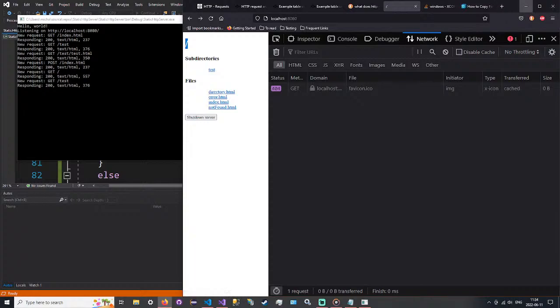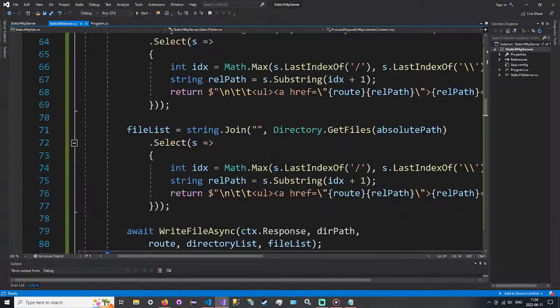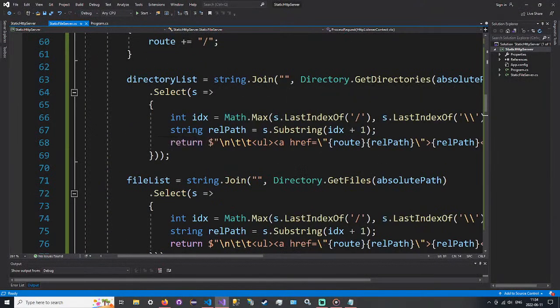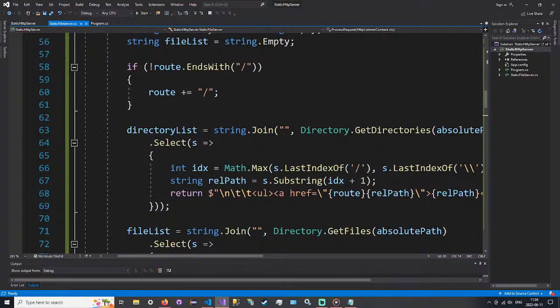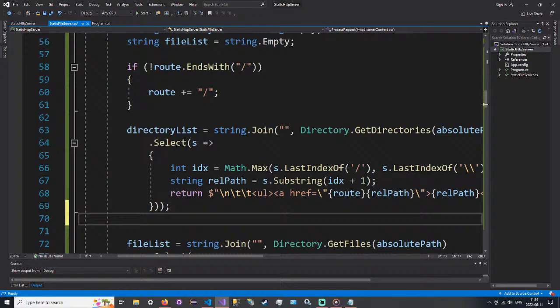I suppose, you know what? Let's shut down the server. Let's add something here. Let's do a // directory list is equal to,